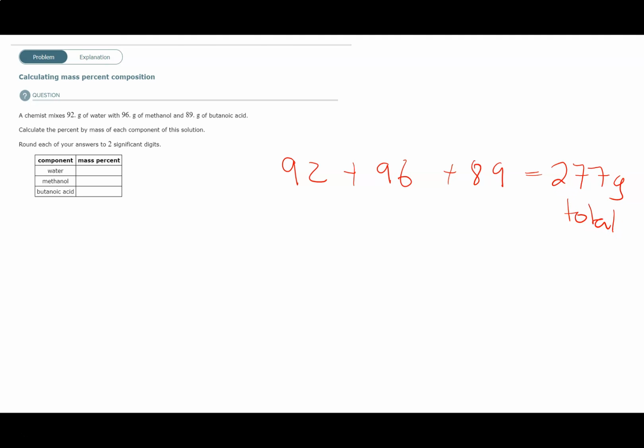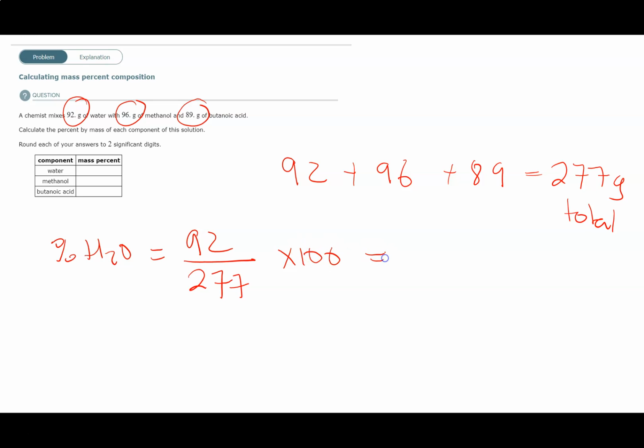So when it comes time to calculating the percentages here, I know that the biggest percentage is going to be the methanol, the smallest percentage is going to be the butanoic acid, and the middle percentage is going to be the water. So I want to keep that in mind. So let's just go through and do it. So percent water is going to be 92 over my total 277 times 100, and it's going to be less than 100, right? And then I'm going to do percent the methanol,